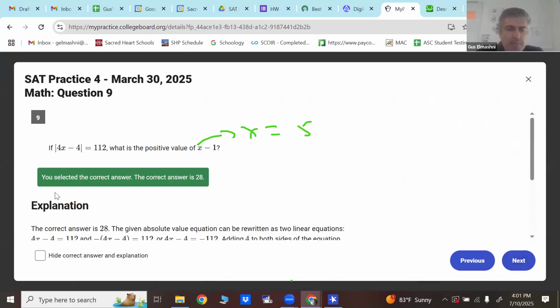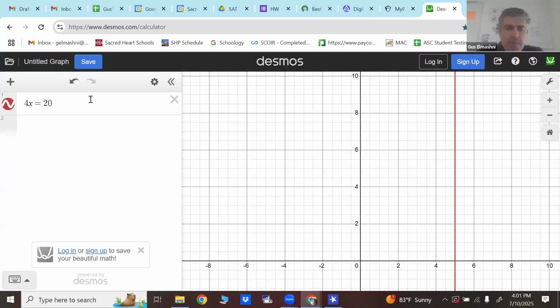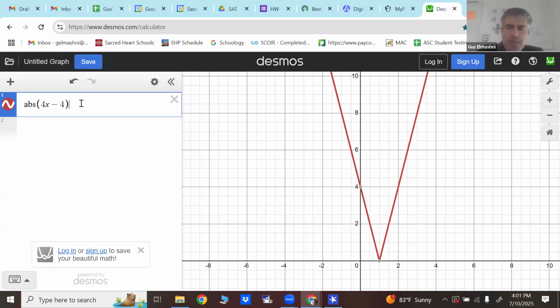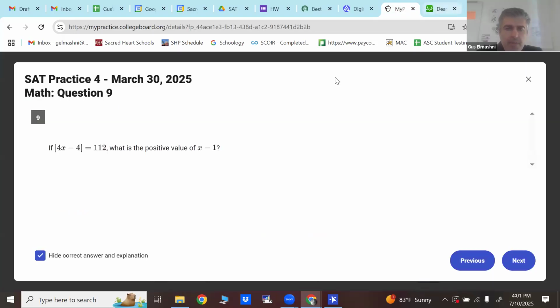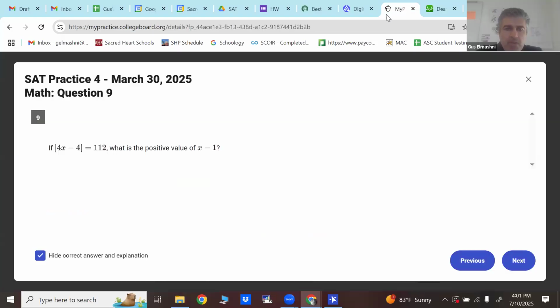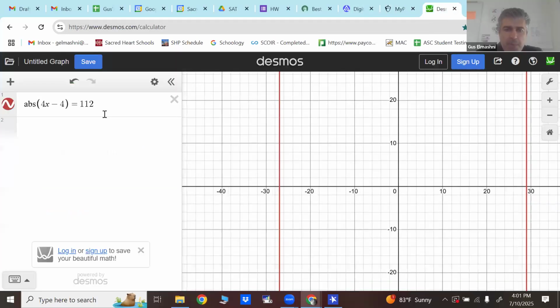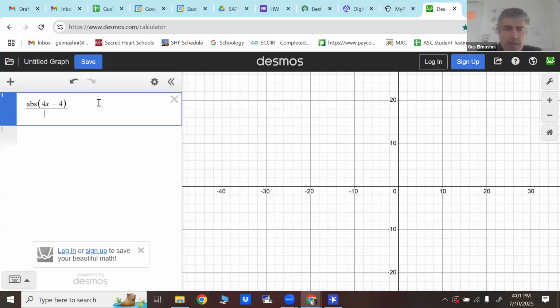Yeah, here we could use Desmos again. Let me hide the correct answers. So you could type in that equation. For absolute value, you could type in abs. Desmos knows that means absolute value, equals 112. So then you have to figure out x equals. Now it's a little hard to figure out. So you're actually looking for x-intercepts. But what I would personally do whenever you have an equation that you're trying to solve,